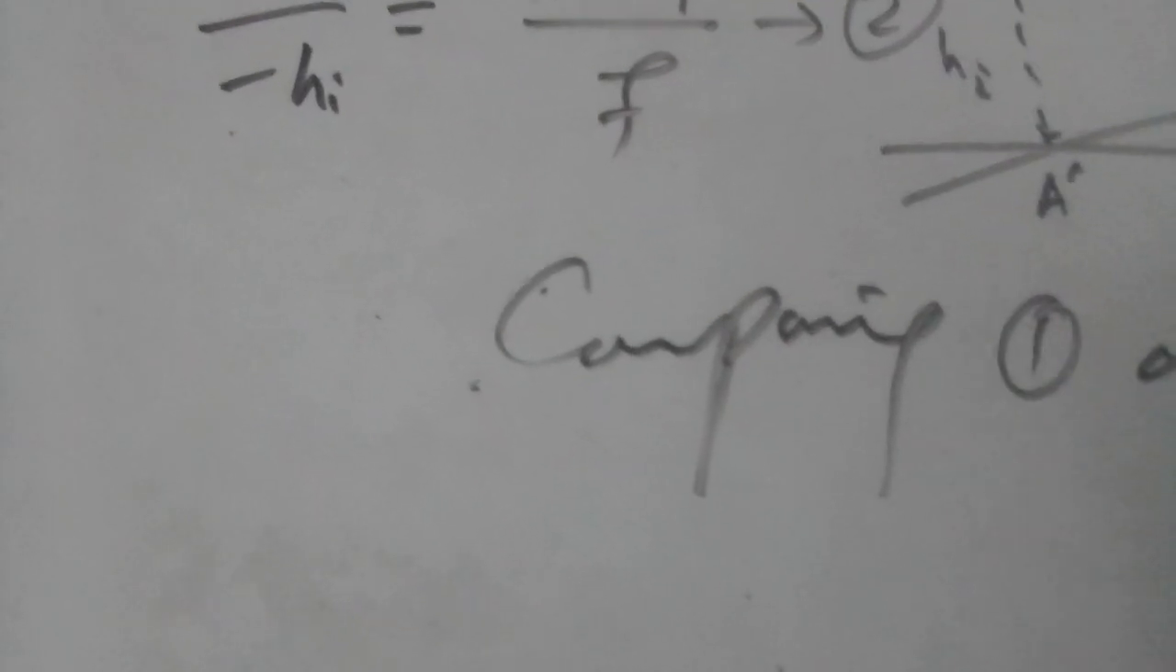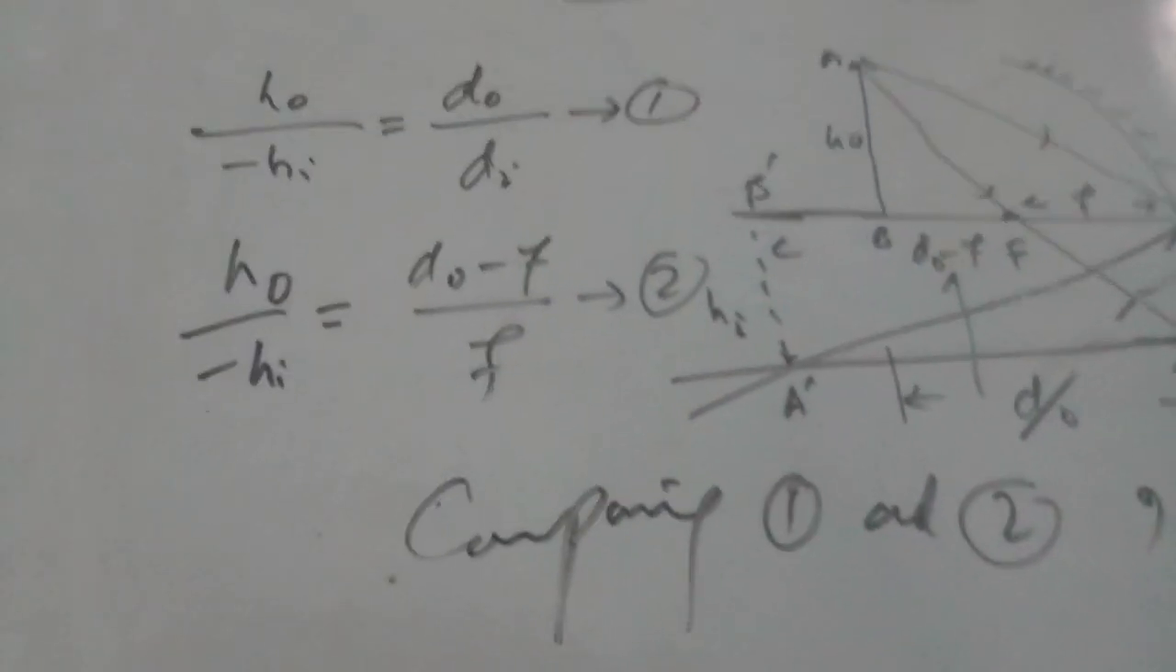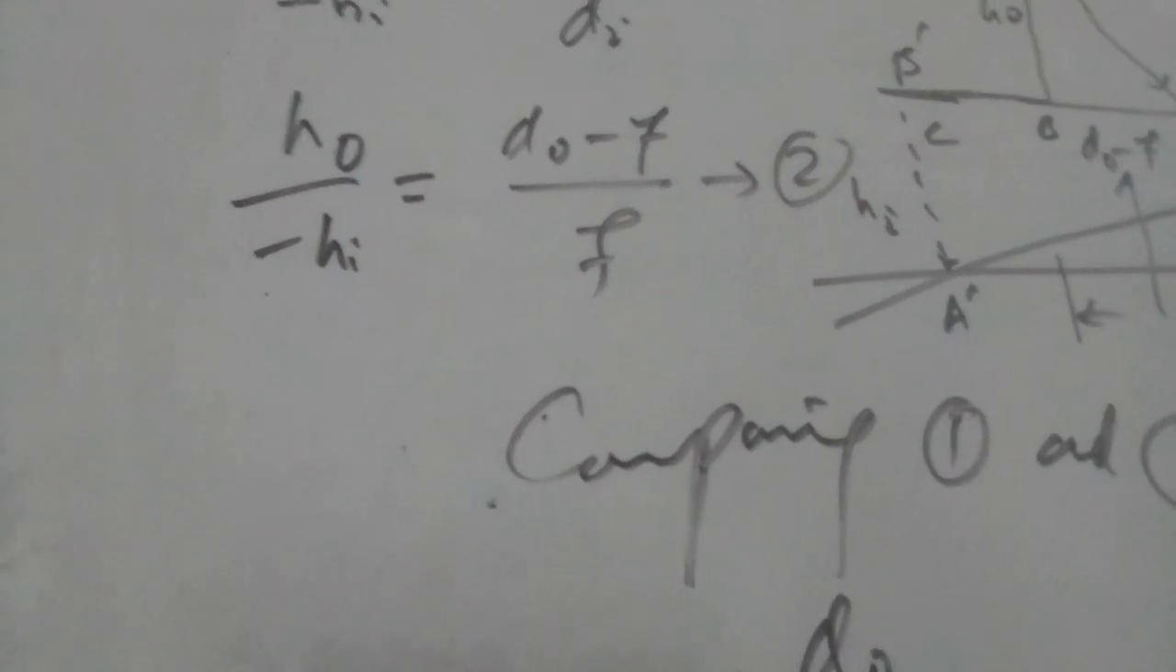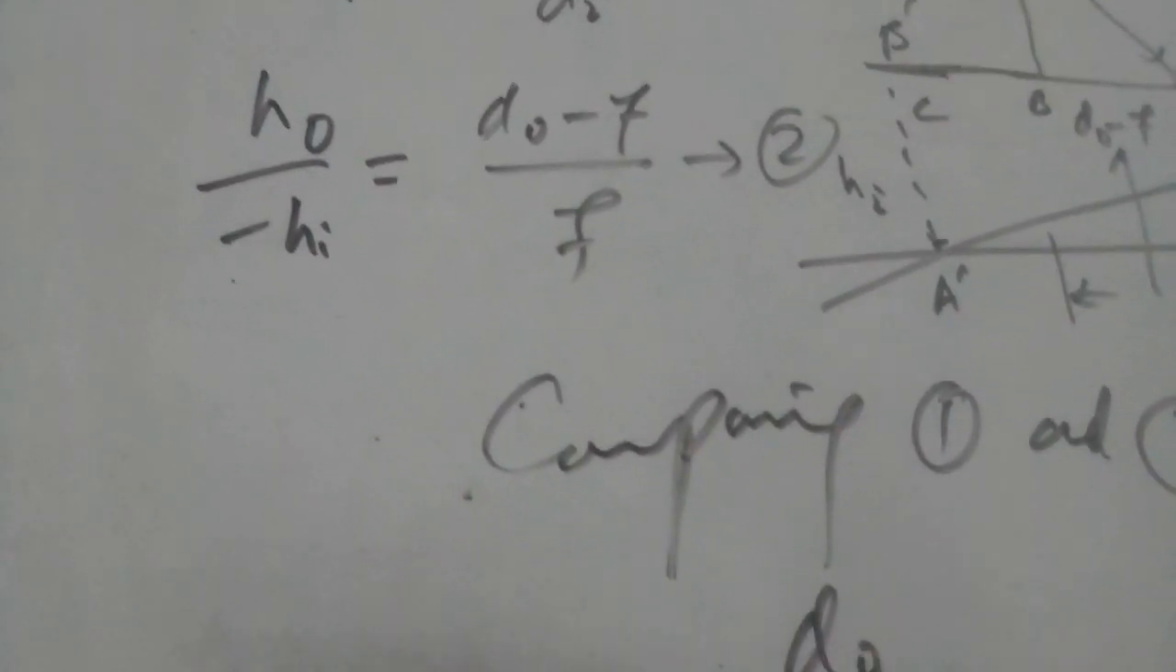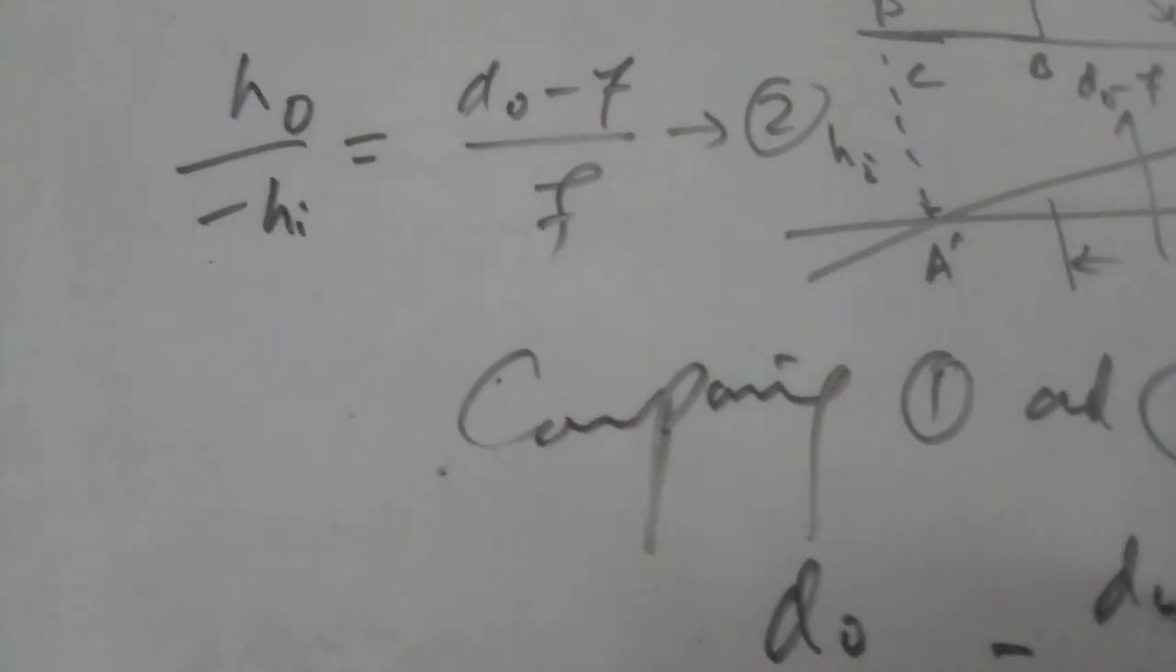Comparing equation 1 and 2, we get DO divided by DI is equal to DO minus f divided by f. By cross multiplication, we have DO f is equal to DO DI minus DI f. Dividing both sides